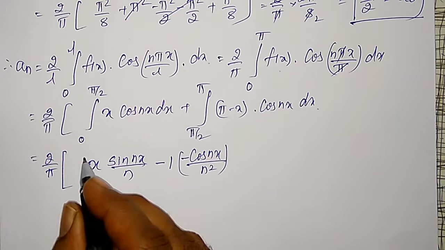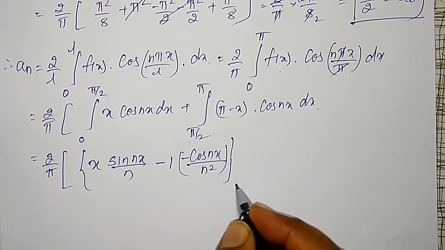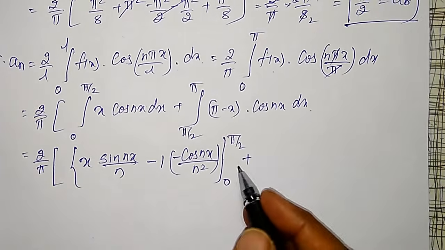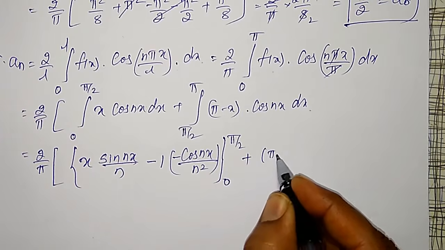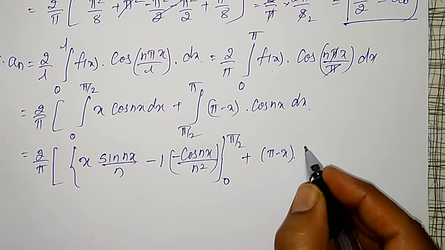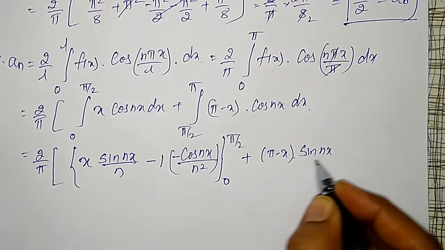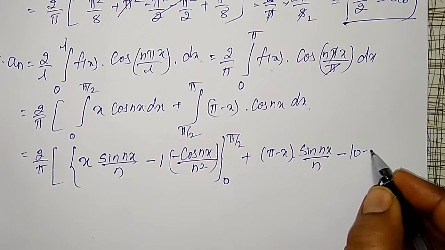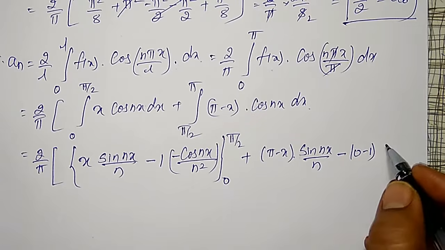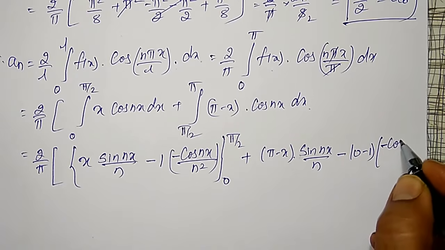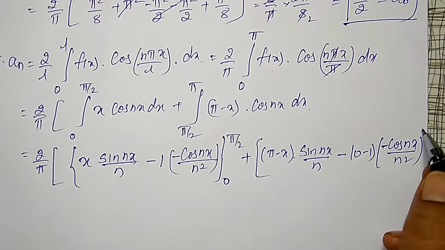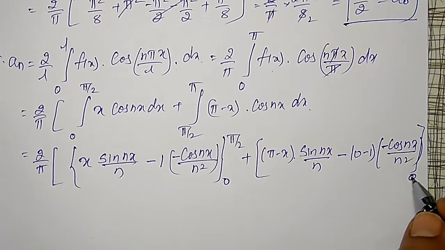This is between the limits 0 to pi by 2, plus this integration: pi minus x into integration of cos, which becomes sin nx divided by n, minus differentiation of this, which is minus 1, into integration of this, which is minus cos nx divided by n square. This is between the limits pi by 2 to